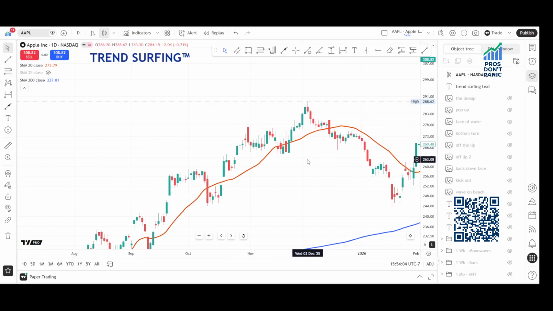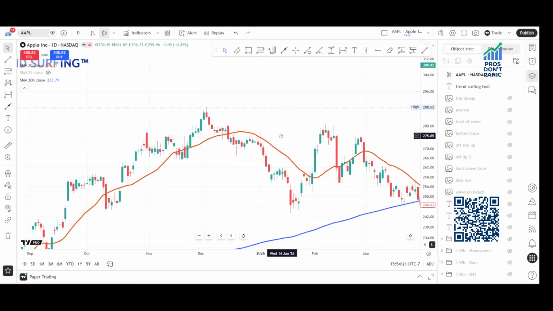Now, in other cases, these things might go 3 or 4 or 5 times and climb up this 20-period moving average, and we'll learn we can stay and surf many, many times. We can go down the face, come back, go down the face, come back, go down the face, come back, and then finally the wave will crash on the beach and we'll be done.